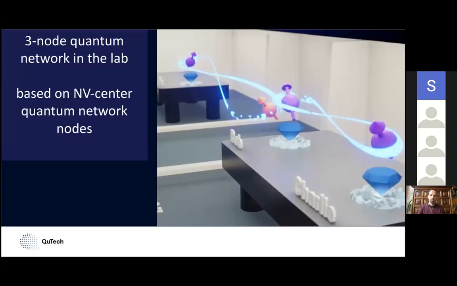So then finally, I want to discuss very briefly an experiment we did very recently. So this is fresh data, not published yet, no paper has been written yet even. But what we do now is that we have two of these NV centers. These are the same setups that you saw in the previous experiment. We add a memory on one of them, on the Bob side, and then we have another node that is actually in a different room, Alice, that also holds one NV center.